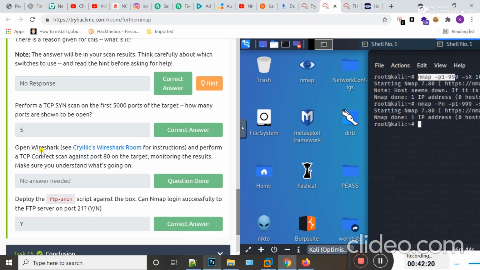Okay guys, perform a TCP SYN scan on the first 5000 ports of the target. How many ports are shown to be open? TCP SYN scan.